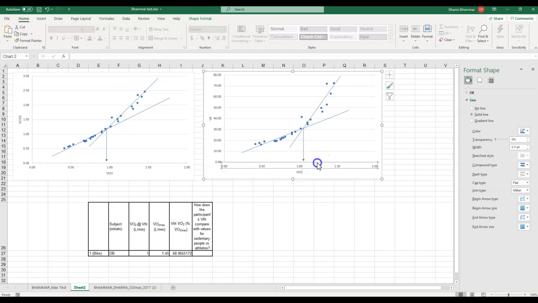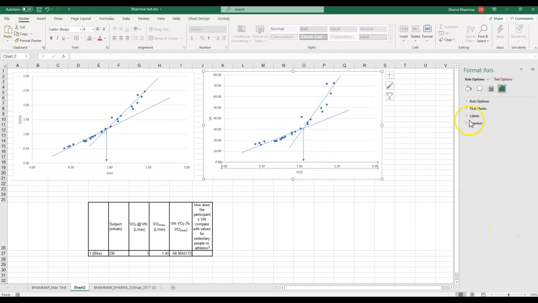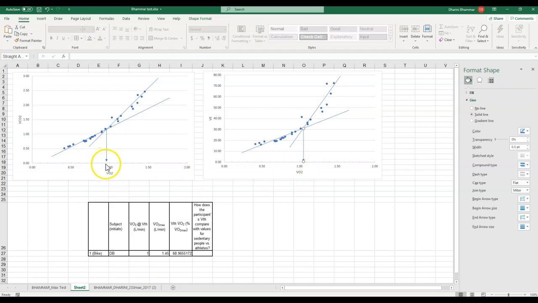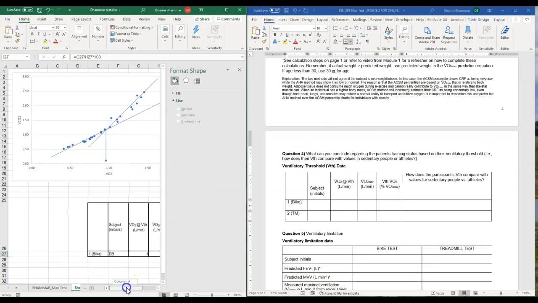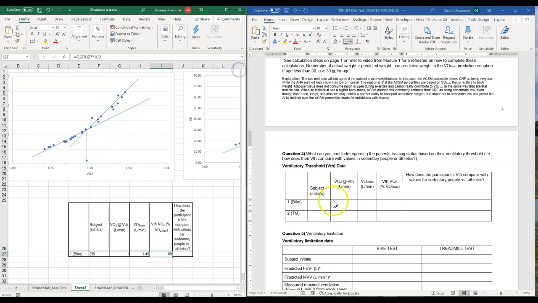So this is a little bit over 1. I can add my tick marks so I can see a little bit better. Yeah, so here it would be like a little over 1, maybe like 1.05, and this was like 0.95. So yeah, 1 actually is pretty good, and then my VTH is 69%. Let's do that here. So I can actually go in and put that information in here.